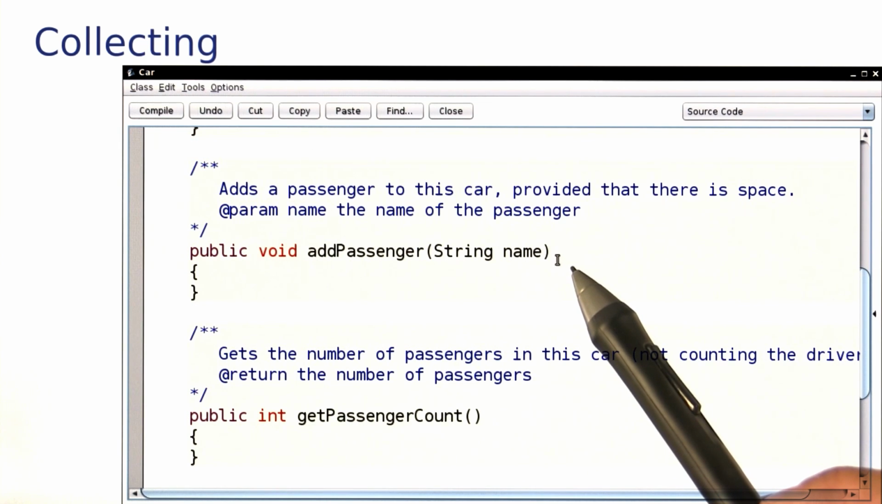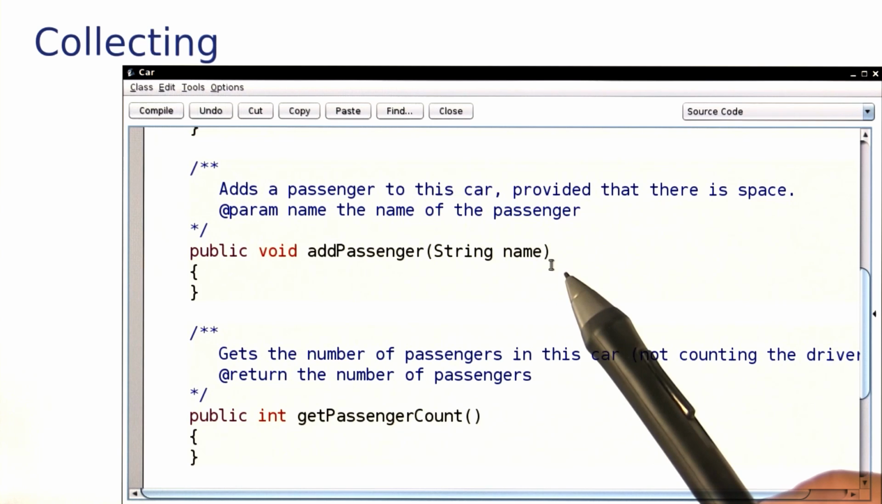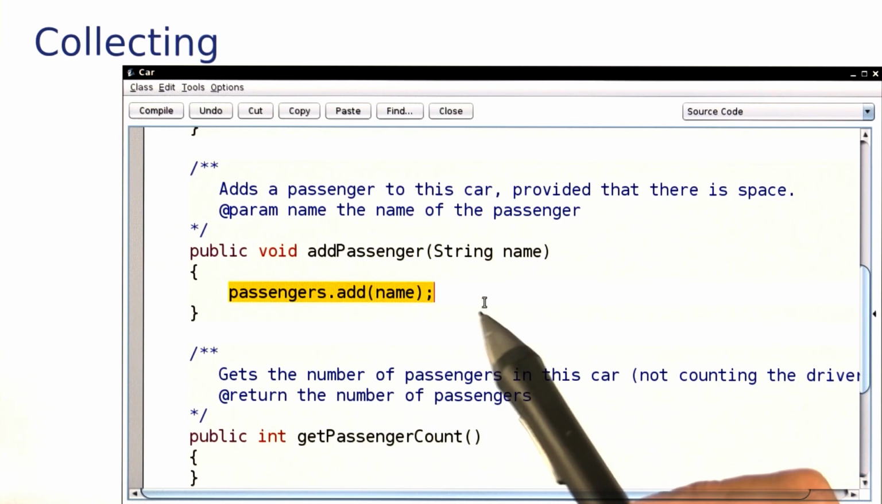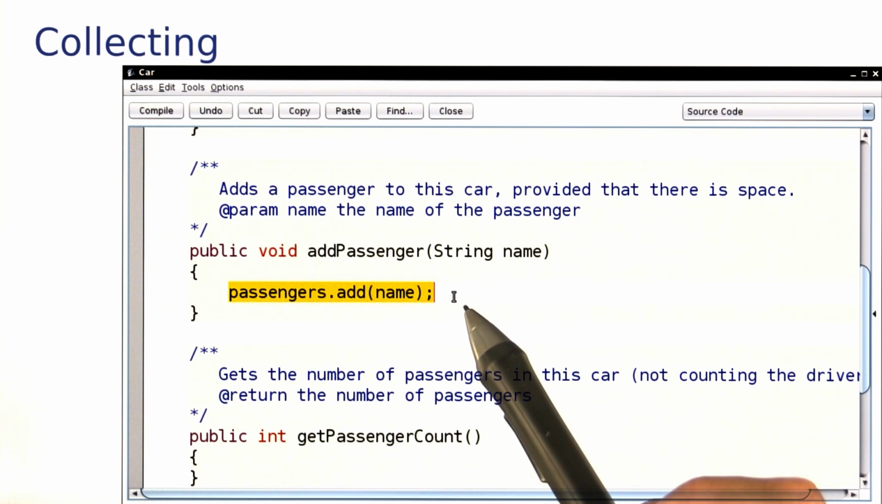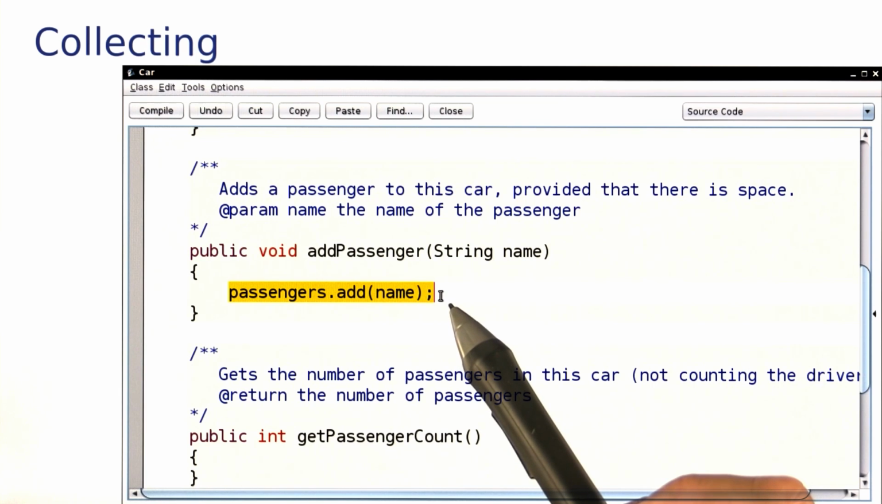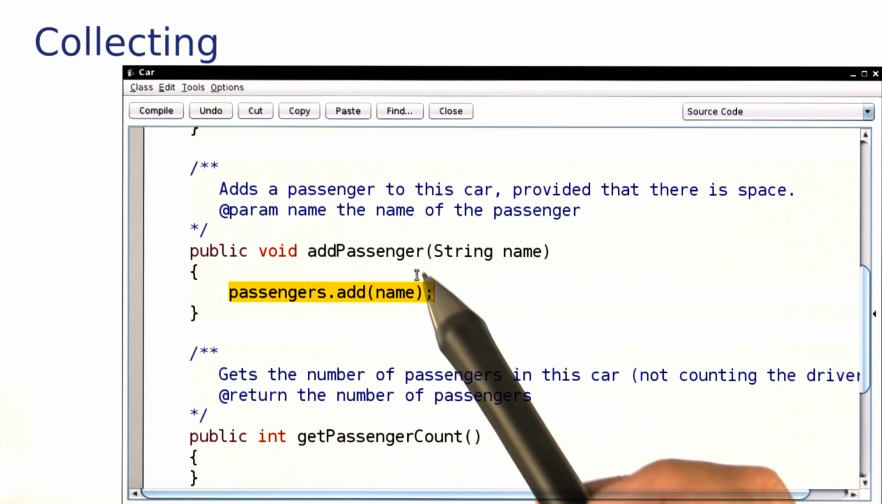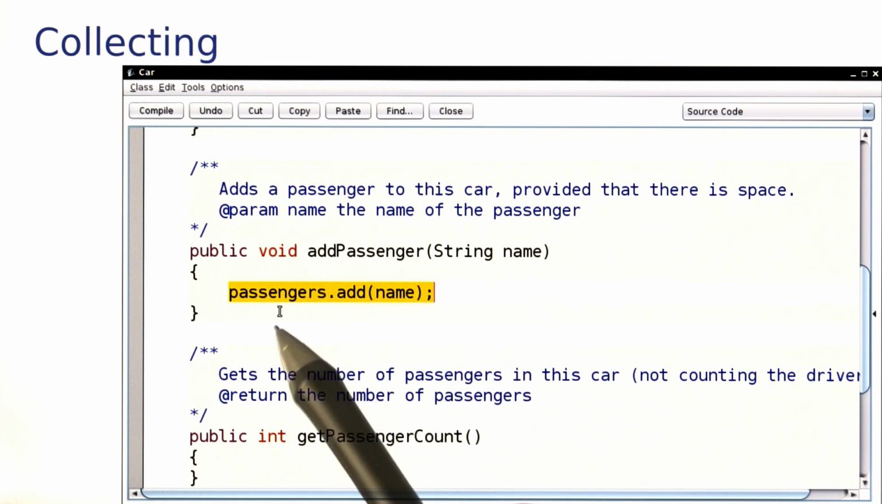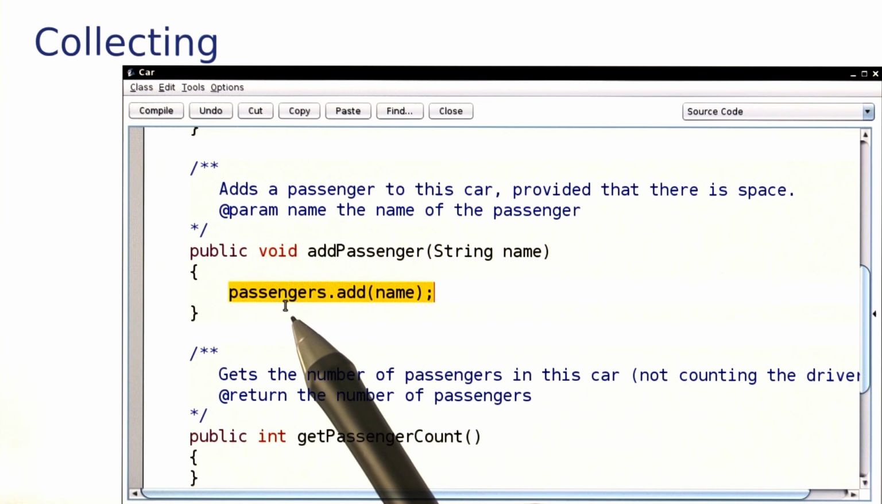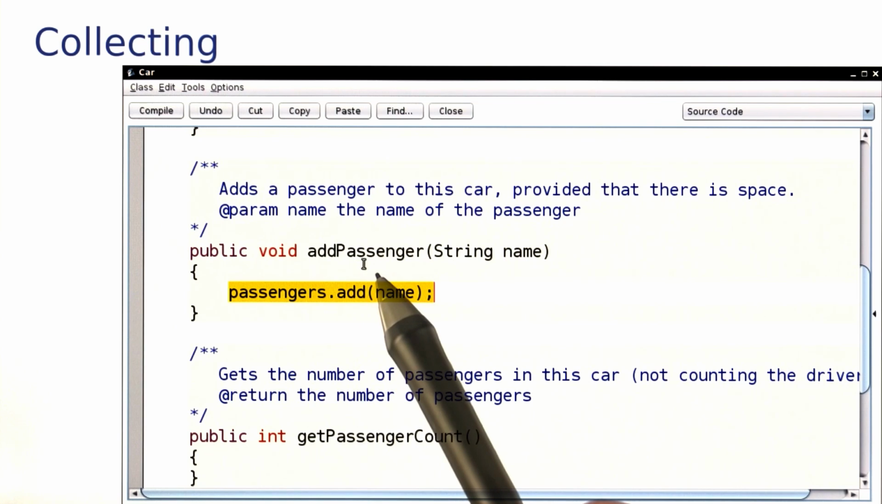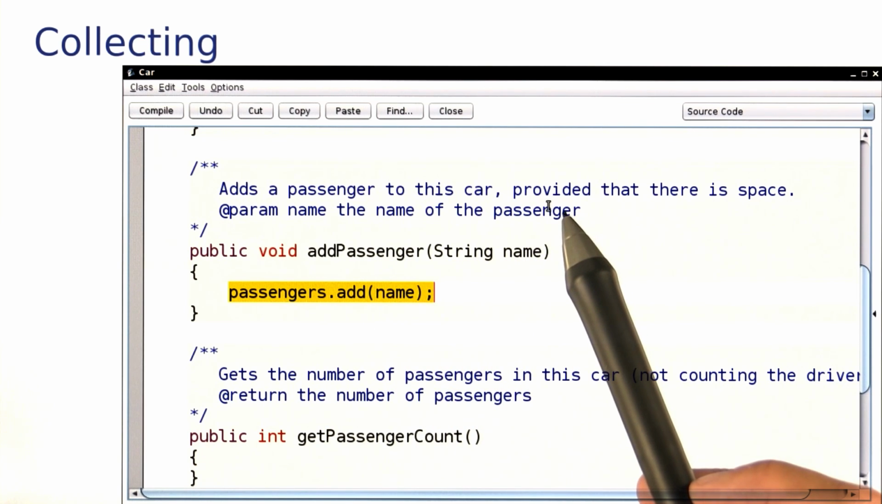Let's see here. Here we need to add a string to the collection. Here's the code for that. Now sometimes the code really is as simple as this. It's still necessary to have a separate method because, of course, passengers is a private instance variable that the public can't use. In our example, the addPassenger method is a bit more complex because we should only add when there's